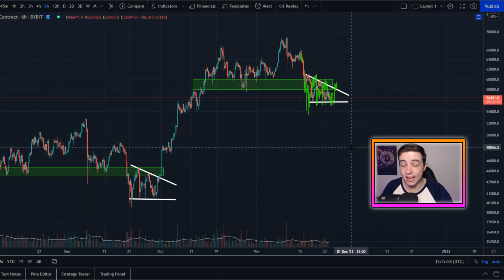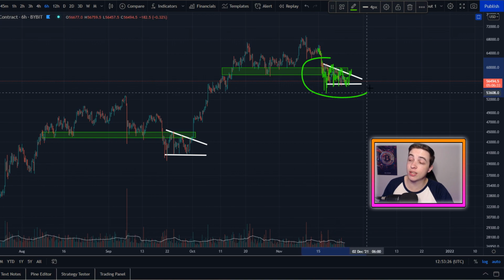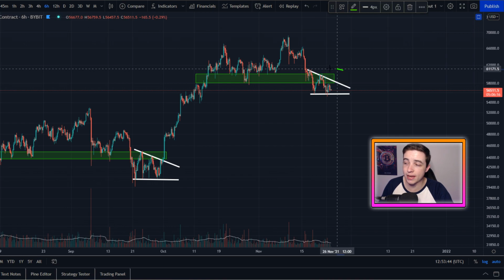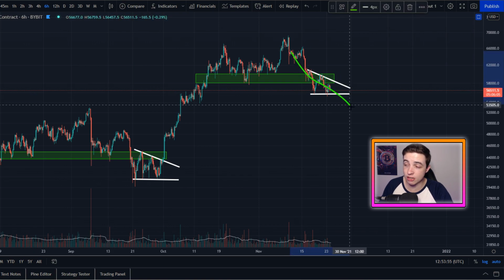Now, I'm not saying that that is guaranteed, because of course, nothing in these markets is guaranteed. All I'm saying is that right now, the current price action is looking extremely similar to September. And so if that simply continues to play out, then we could be due for more bullish price action in the coming weeks. But considering the fact that we have not seen any confirmed breakout to the upside above resistance yet, you should still always accept the possibility of potentially a little bit more bearish price action before we then bottom out,